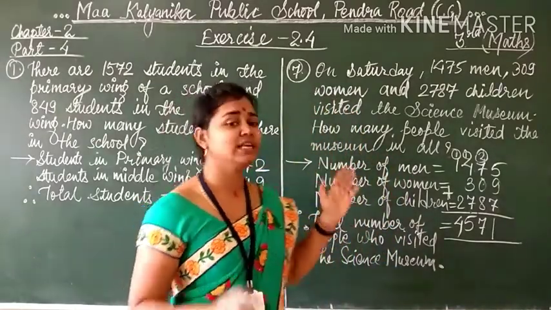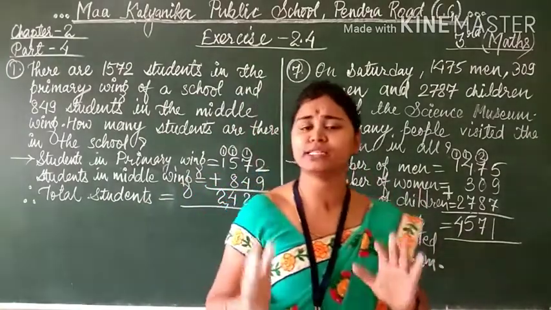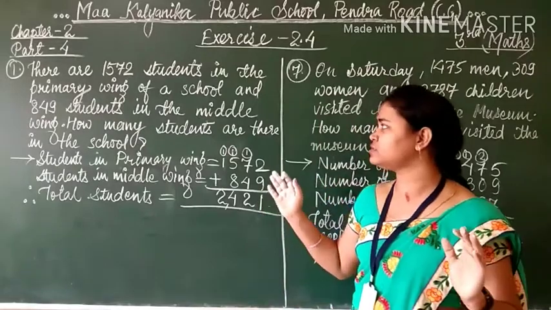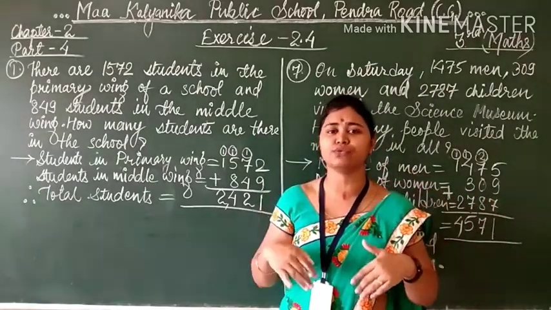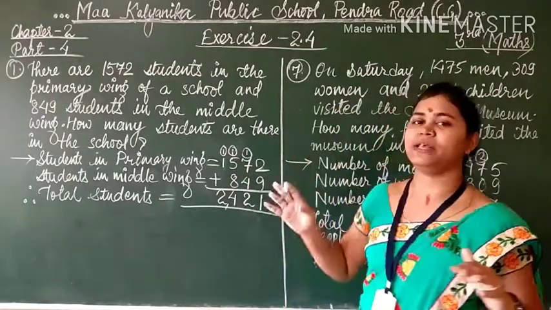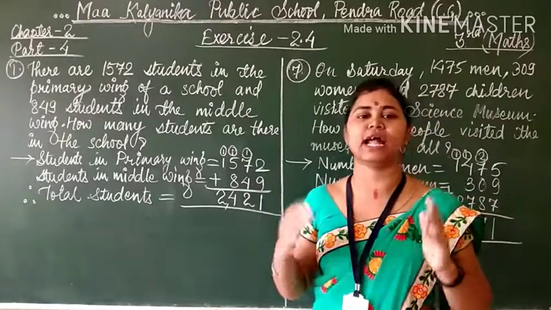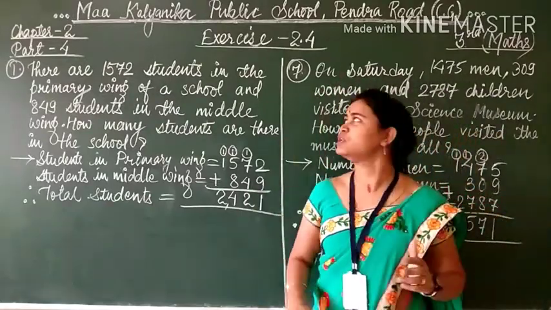So students, simply in this way you can solve question number 7. The rest of the questions are also in the same way, students. You have to read the question, what is given, what you have to do. And you know this chapter number 2 is your addition. So simply in all the exercises addition is there. Okay, so in this way you can solve exercise 2.1.